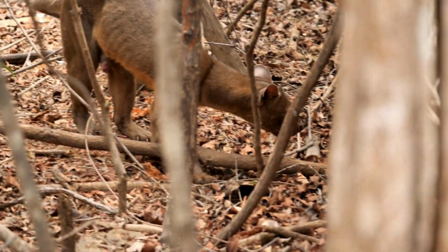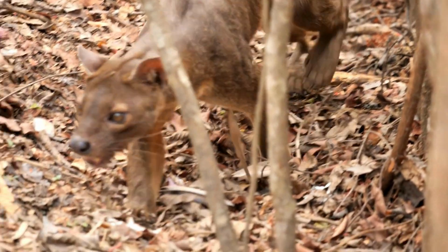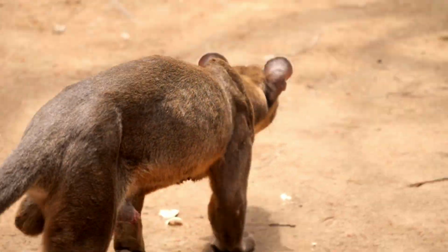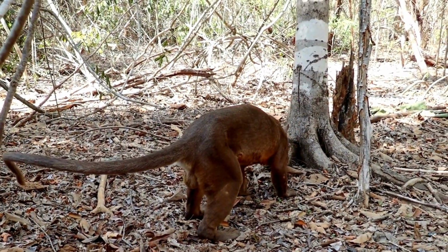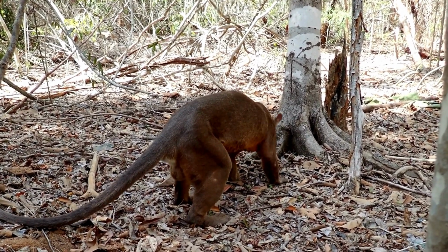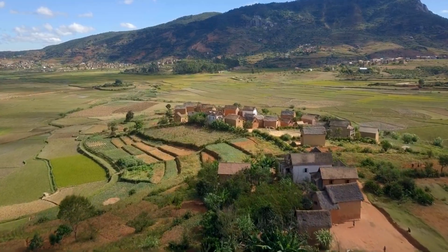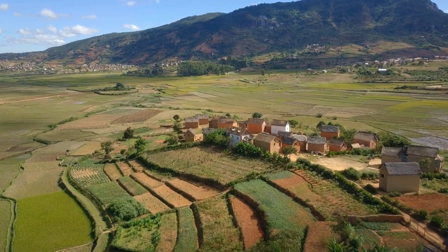I mentioned earlier that when lemurs' ancestors arrived in Madagascar from mainland Africa, they had no predators, which is how they spread so rapidly. Well, about 20 to 25 million years ago, an ancient mongoose-like ancestor also arrived from mainland Africa and became the fossa. This cat-like carnivore is an example of convergent evolution, having evolved many cat-like features and filling a cat's apex predator role. Fossas may be their primary predators, other than humans who also hunt them, but the greatest threat to all lemurs